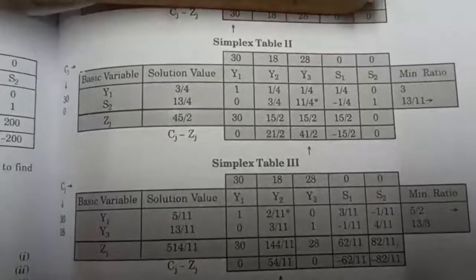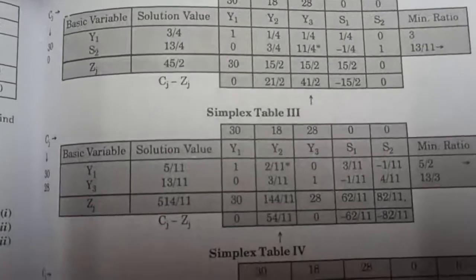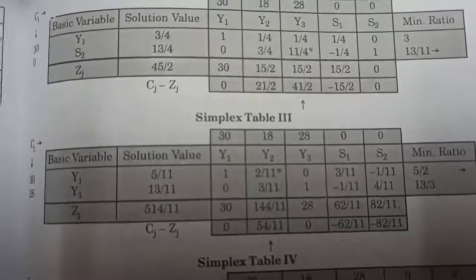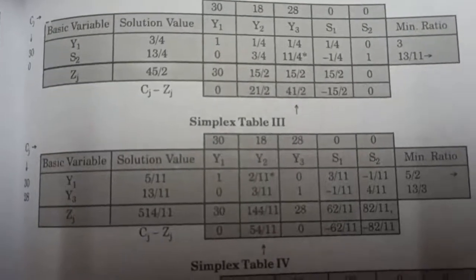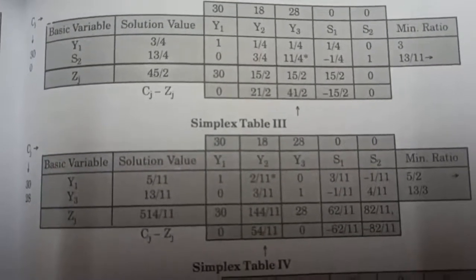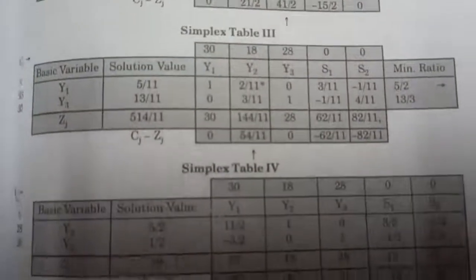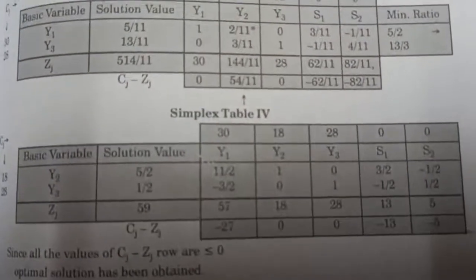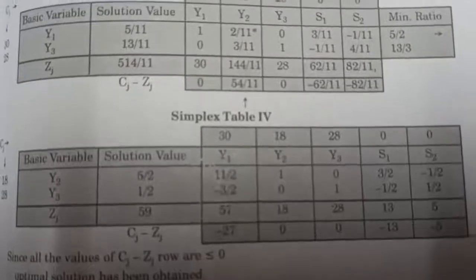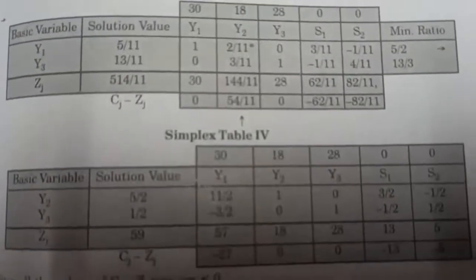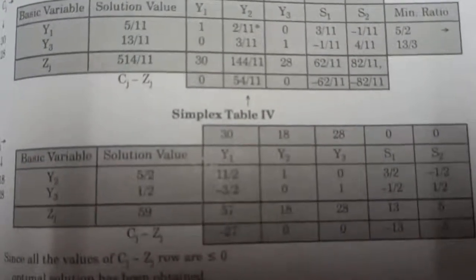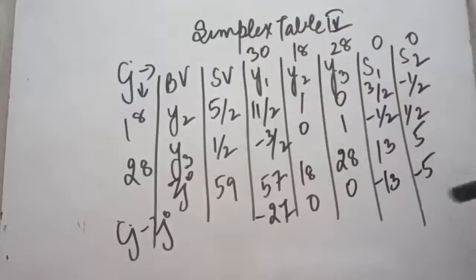So these will be the values of your simplex table number 3 when you calculate. After calculating table number 3 also, we observed that in the Cj minus Zj row a positive value is still there. So we moved on to simplex table number 4. So simplex table number 4 will be like this. Let's see from where the solution will be found. This is the final table that you will be getting, and you can see that all the values have become 0 and negative. So where is the answer?